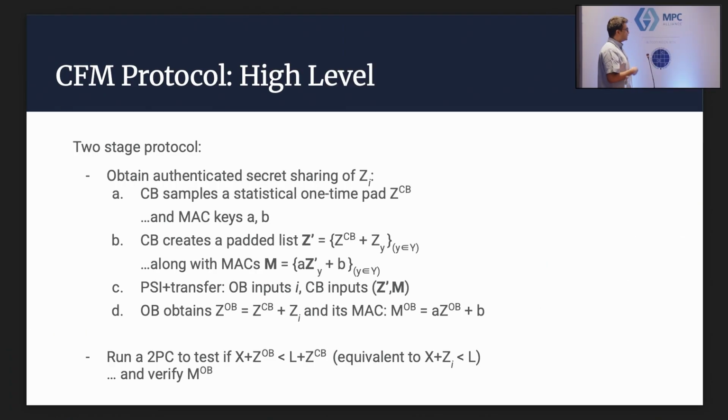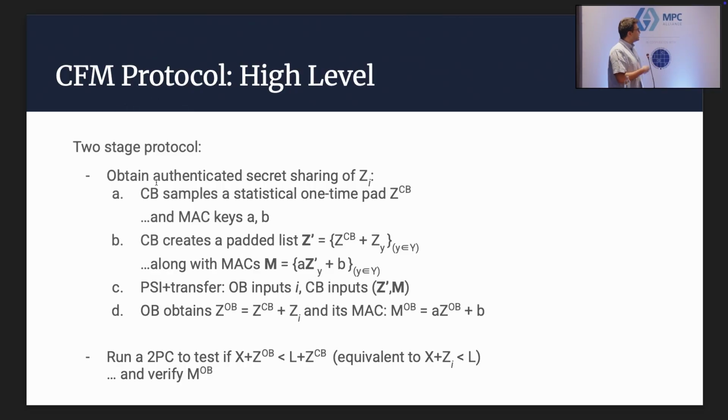Right, so that's the ideal functionality, and the protocol that implements it naturally follows this two-stage structure. The first stage is to obtain an authenticated secret sharing of the obliviously read element. Right? So if Z sub I, which is the ith element of the list, the one that's relevant for the transaction, is obliviously read, this is how it proceeds. Okay, so the first step,